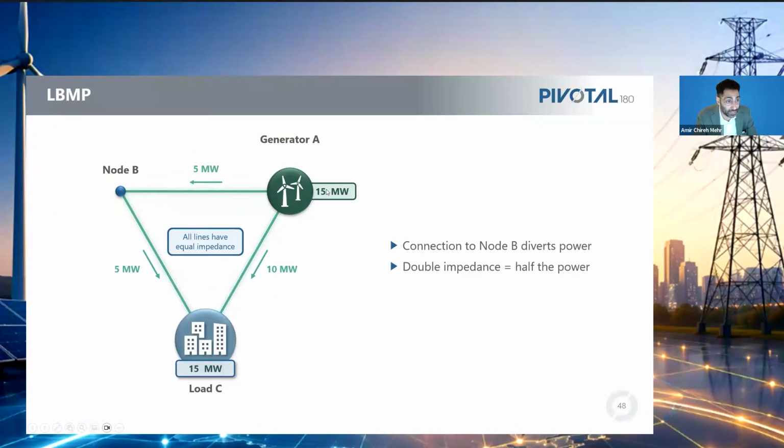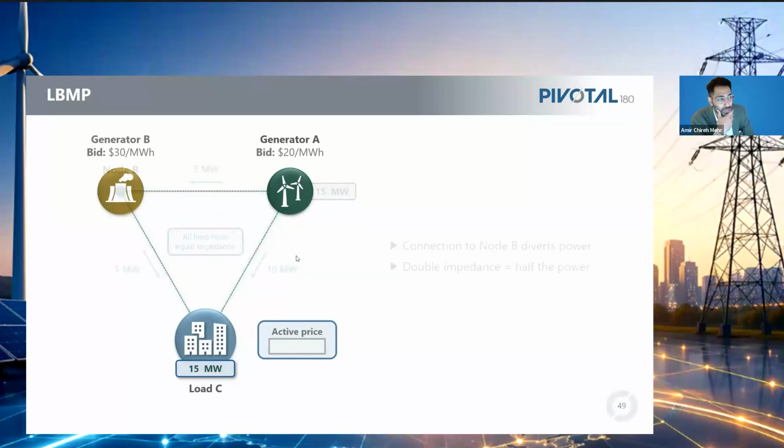So 10 megawatts is going to go directly from A to C to meet the 15 of load, and then 5 is going to go the long way around, first to B and then to C. That's going to have the lowest resistance, which is why electrical power naturally follows this route, assuming this set of assumptions, right? So now if we swap node B and assume it's a different generator